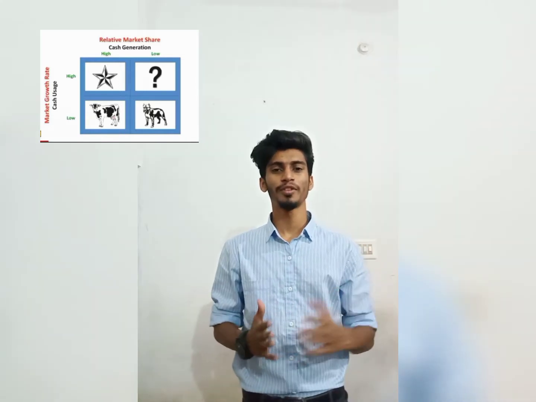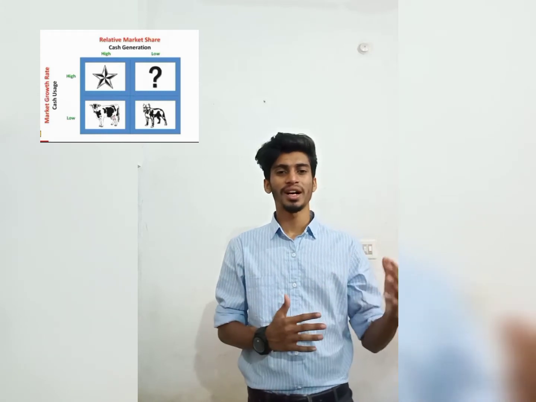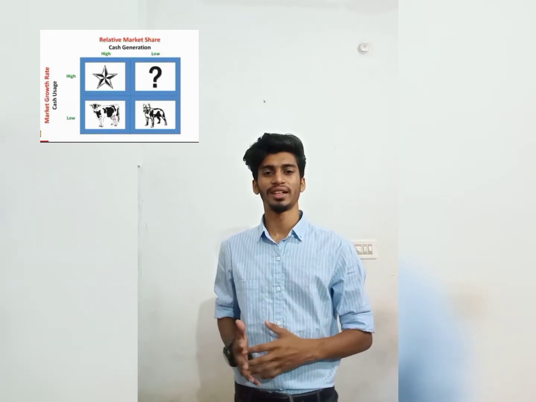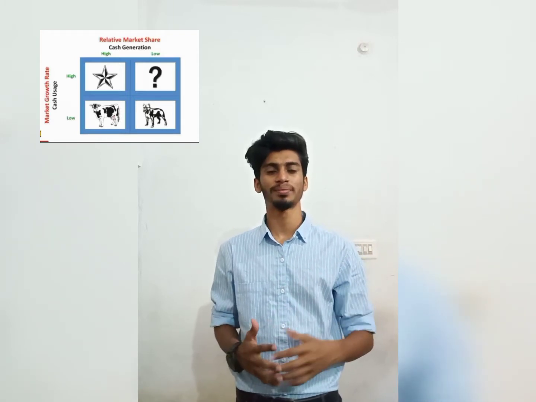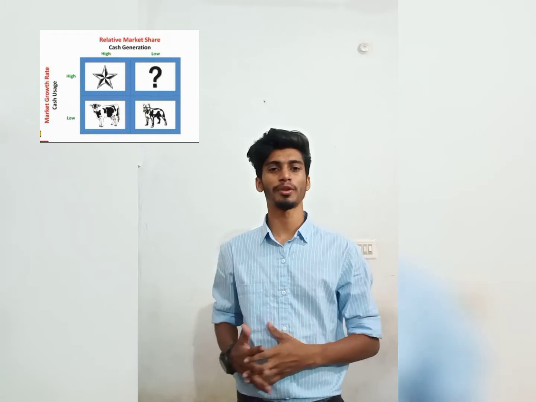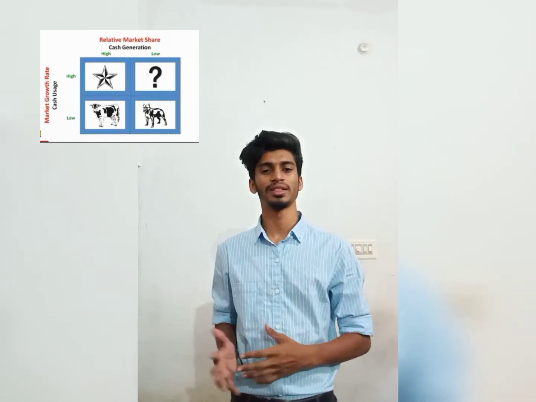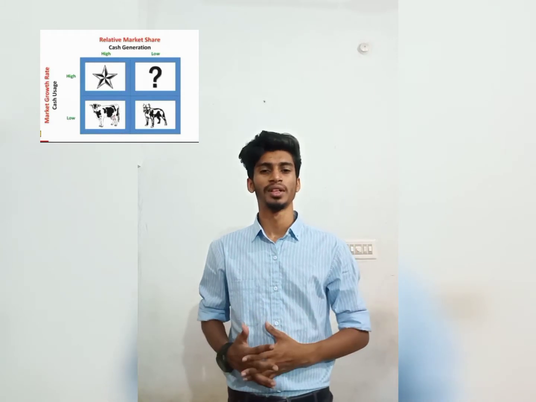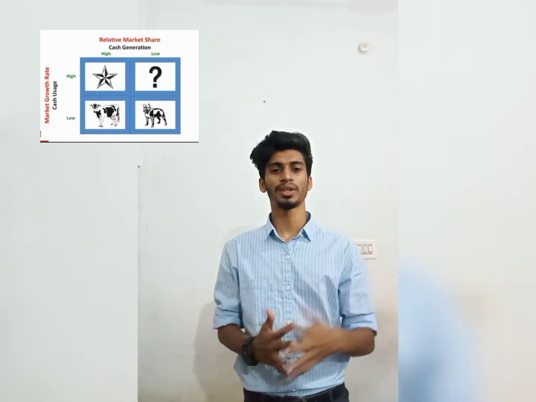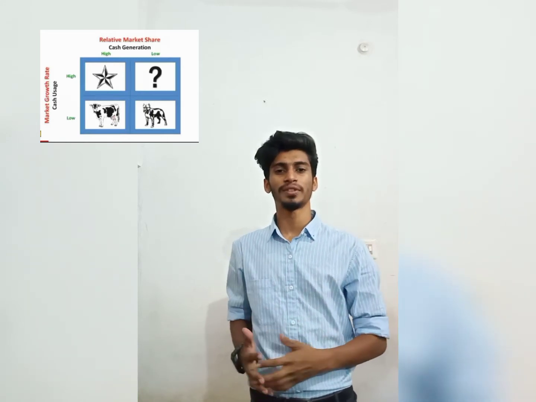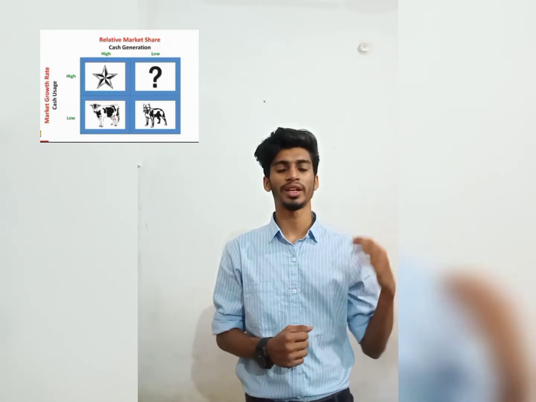Moving to the final stage of the BCG matrix, the dog category. The relative market share and the relative growth rate are at a lower level. So these kinds of products come under the dog category. Such products are not making any profit. They will be at a break-even level, not generating any profit or any loss. Removing these kinds of products from the business will be more helpful to the growth and the sustainability of the business.